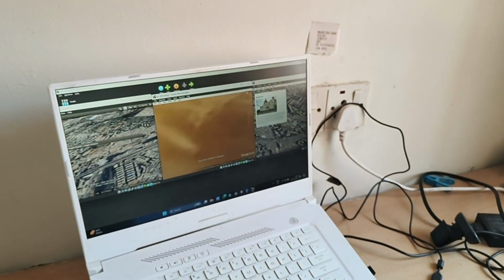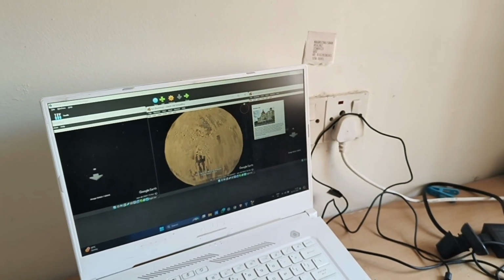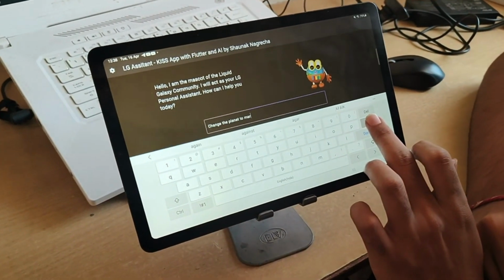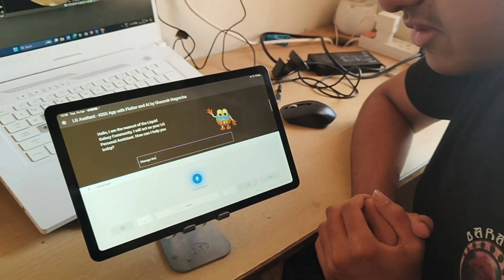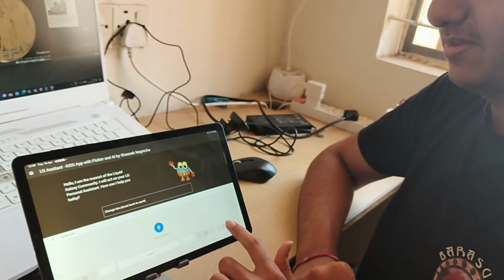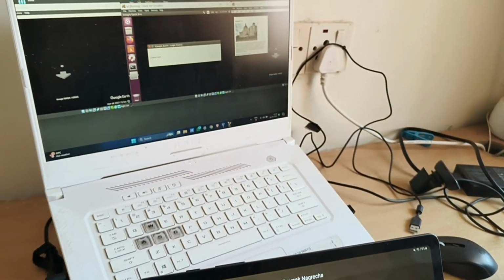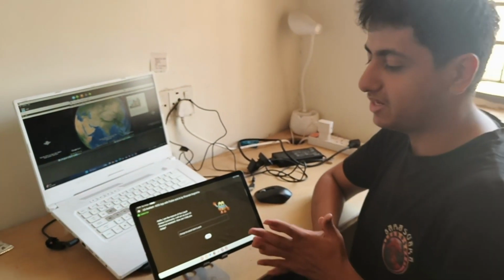We'll go to the model and the planet will change. I'll just quickly go back. Change the planet back to Earth. Press on go. And we are back. So this was my small demo of my application.